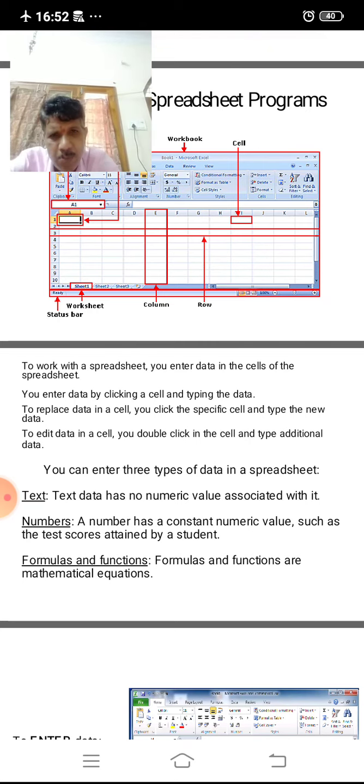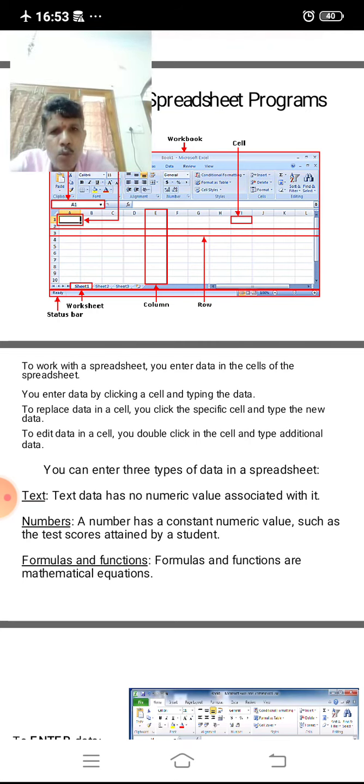If typing data in a particular cell is completed, the user moves as per the requirement. To replace data in a cell, you click the specific cell and type the new data. Once it is completed and you move to the next cell, if you again want to enter data in an existing cell, just click it, place the cursor where you want to type the data, and then you can type it.